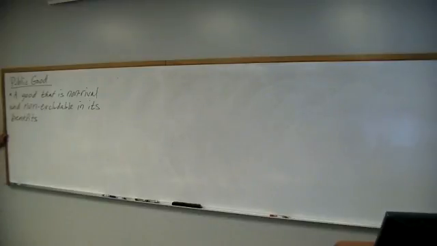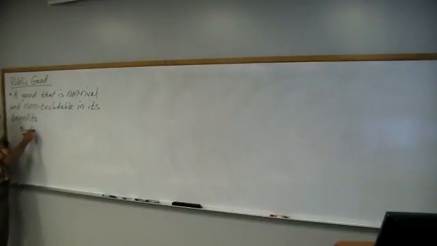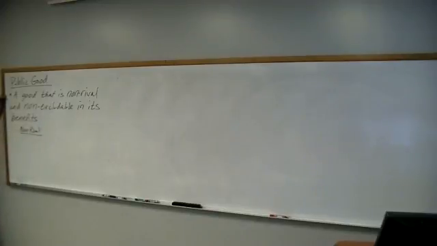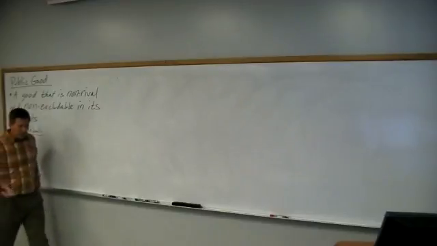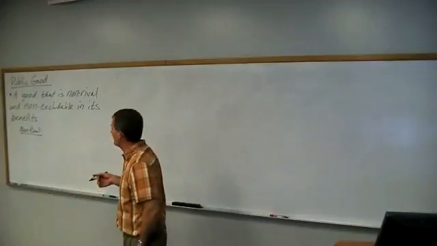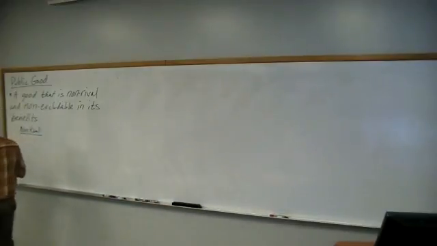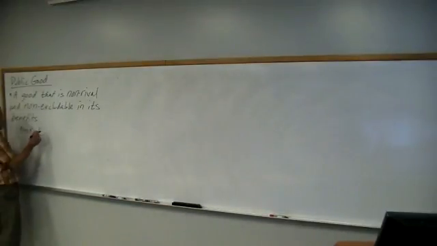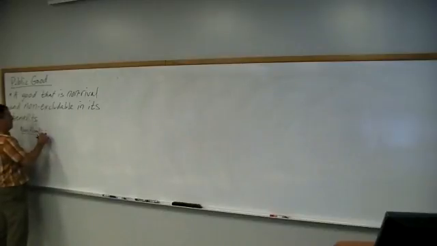A public good is a good that is non-rival and non-excludable in its benefits. So we got a couple more definitions for this to make sense. I think it's easier to put it out this way. So non-rival is the idea that multiple people can consume the good at the same time. Right? It's non-rival, so it's potential that more than